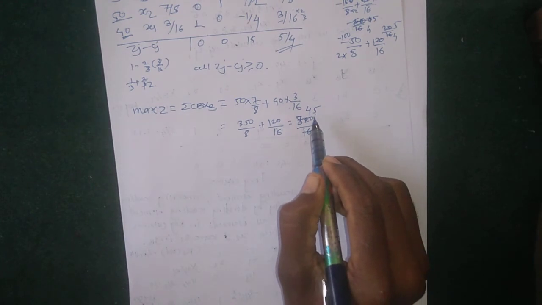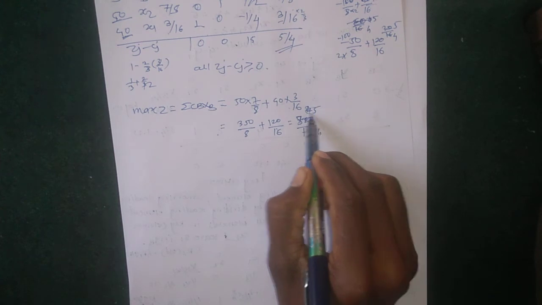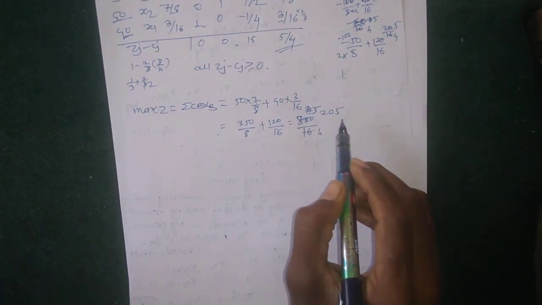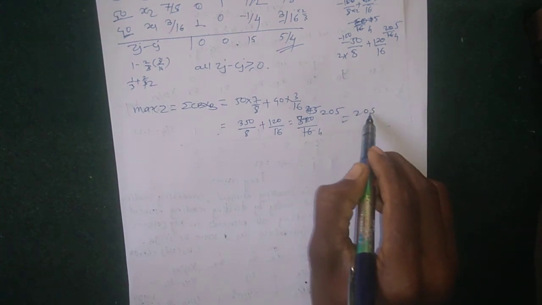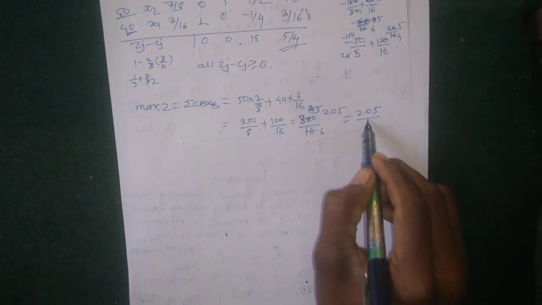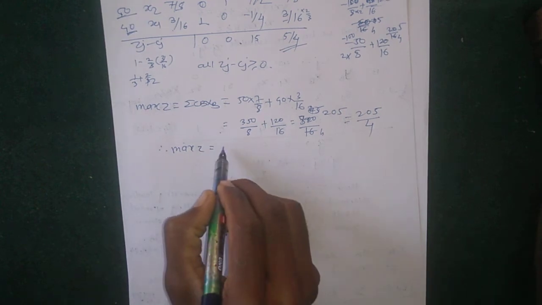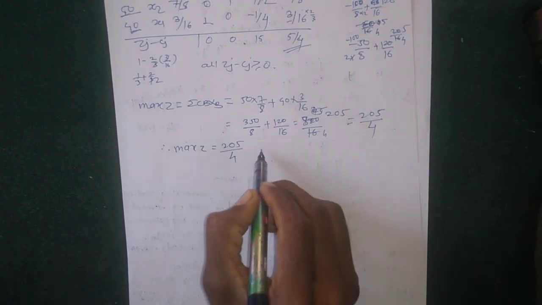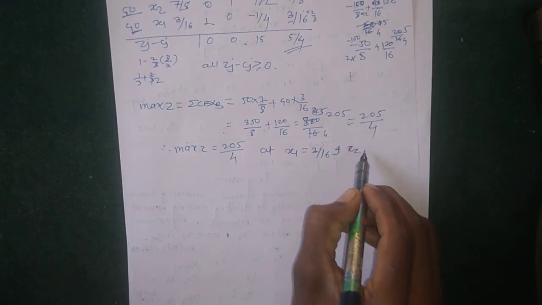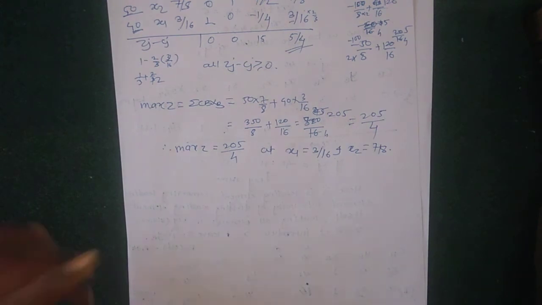Okay, sorry, 205. This value is 205 divided by 4. Therefore maximum Z is equal to 205 divided by 4 at what value? X1 is equal to 3 by 16 and X2 is equal to 7 by 8. Okay, so this is a solution of